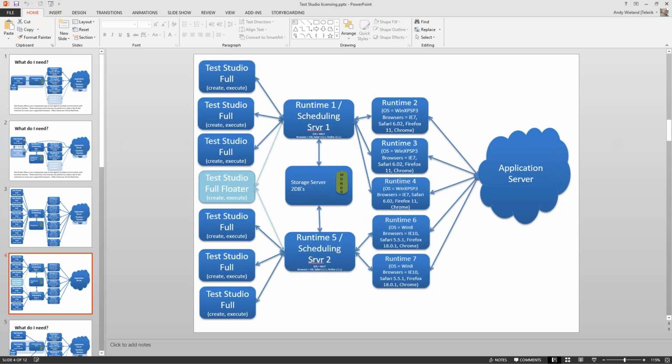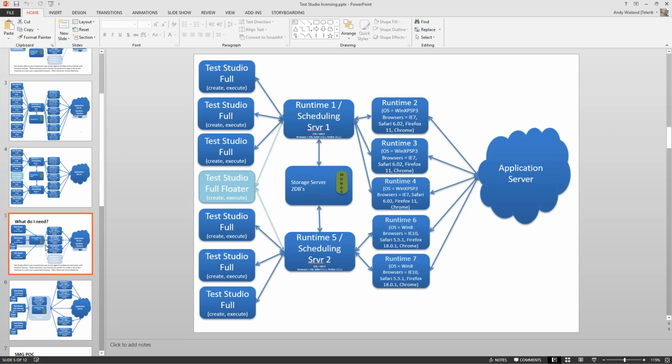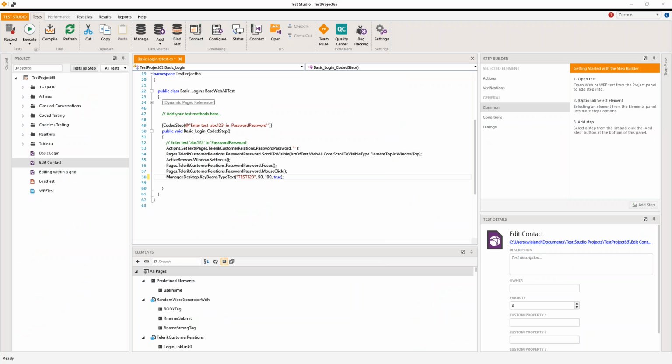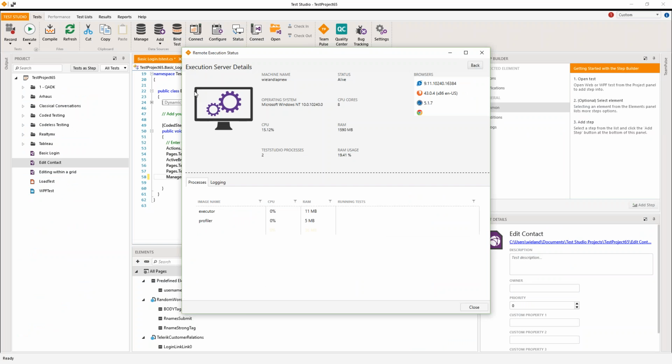And there's many different ways in which we structure these lab environments. We'd be happy to go through some of this with you too if you have questions on what's going to work best for your particular team and structure internally. But be aware that that's there, and it's something that's very common, and that's when we connect to a scheduling machine, and we can maybe see status of those machines,